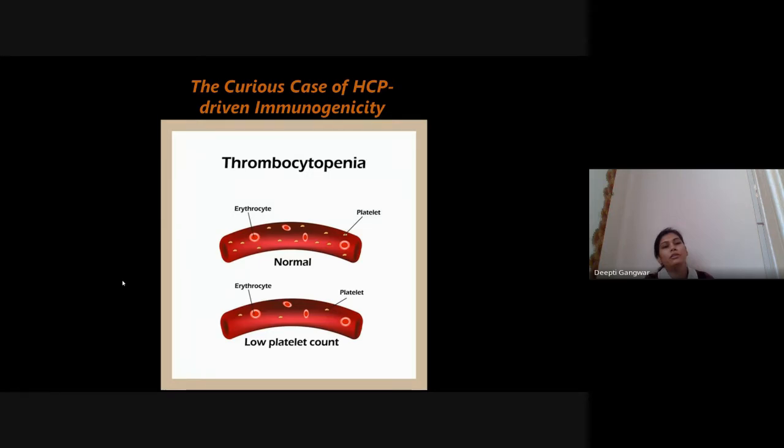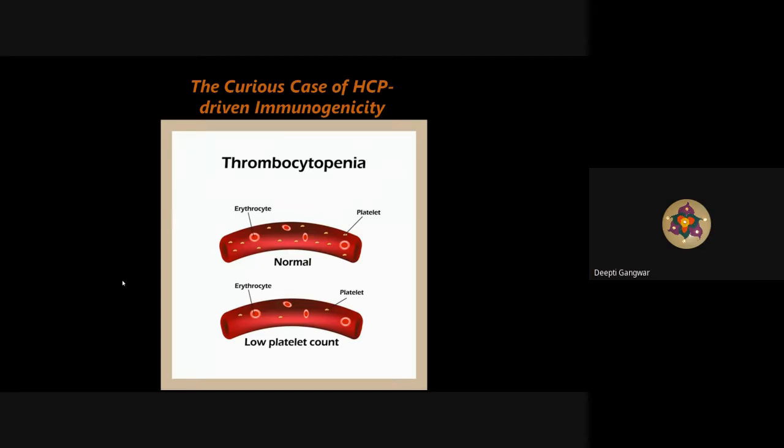While this is happening, two vaccines, Janssen and AstraZeneca, actually reported that yes, blood clots were a problem in the case of these vaccines, which in scientific terms is known as thrombocytopenia. So obviously, it was taken off the shelf by the FDA for a certain time, and when the research was ongoing, it was proved that it is not because of the main molecule of interest, that the vaccine per se is not causing any impact. It is because of the HCP that was present in that vaccine, which was triggering a cascade of immunogenic responses and was actually,